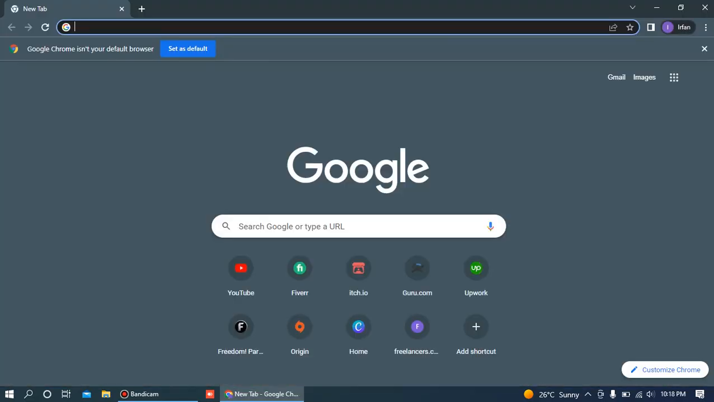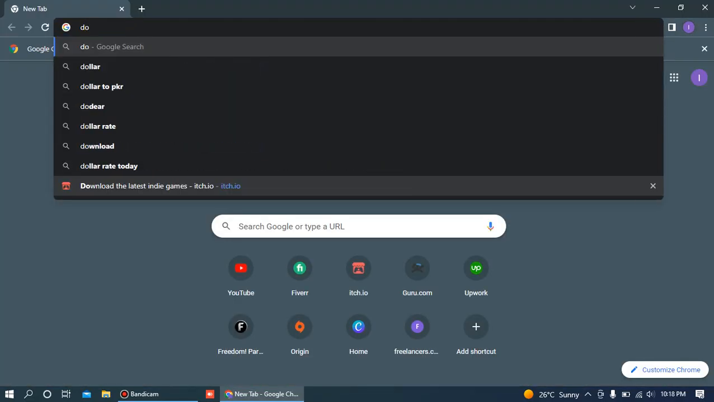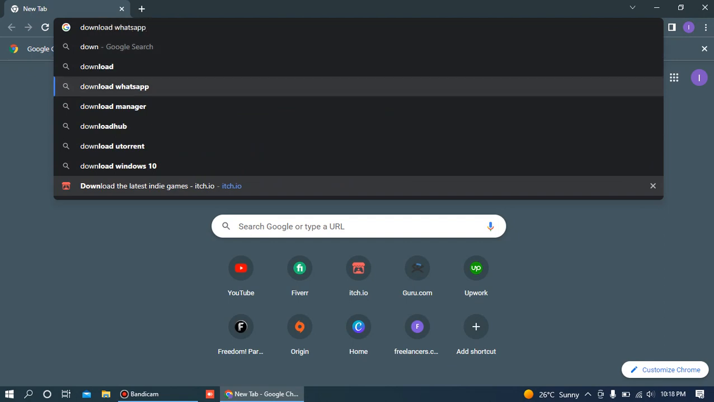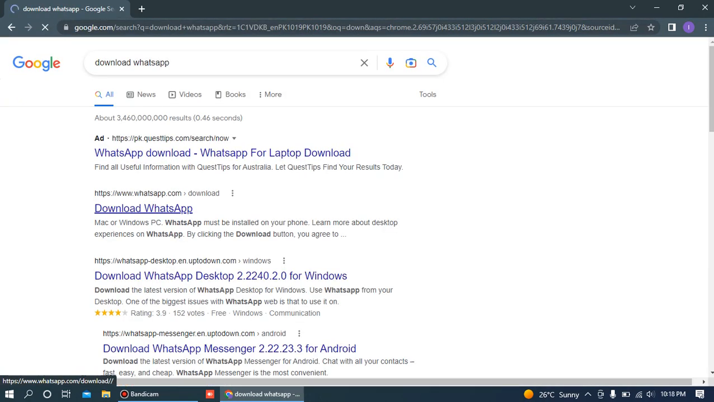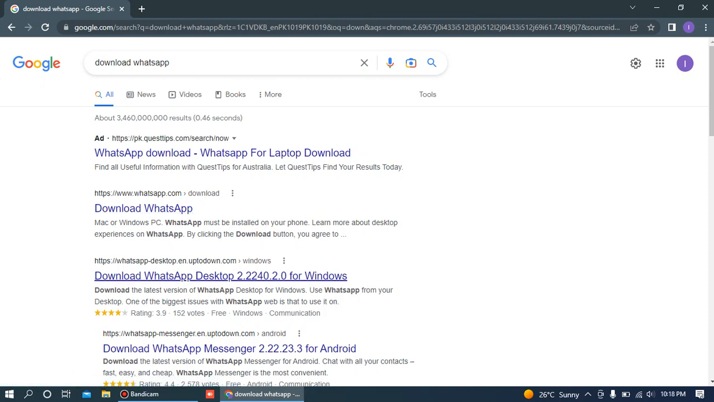and type here download WhatsApp. You can see the suggestion. You can proceed with the suggestion keywords. You can see the official website www.whatsapp.com or download WhatsApp desktop for Windows. Just go here